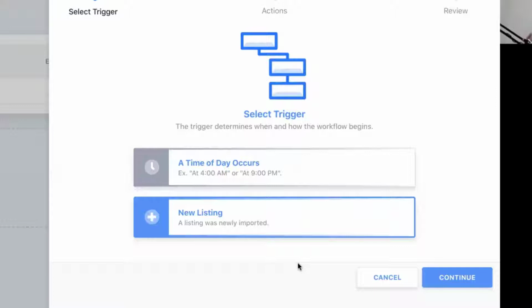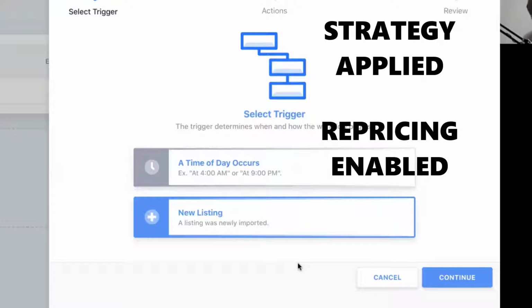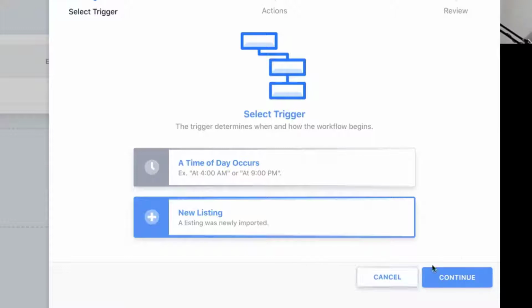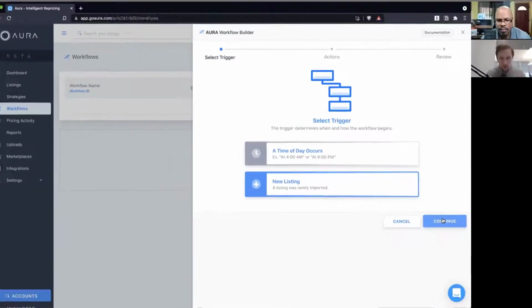So in the last video with strategies, we talked about those 3 things you have to reprice. You've got to have a strategy applied, repricing enabled, and at least a min cost. But if you're automatically setting your min price, we need a cost. Well, we're getting that from Inventory Lab. So those 3 things can be completely automated for you, which is fantastic. So what we're going to say is for every new listing, and actually I'm going to pause right here